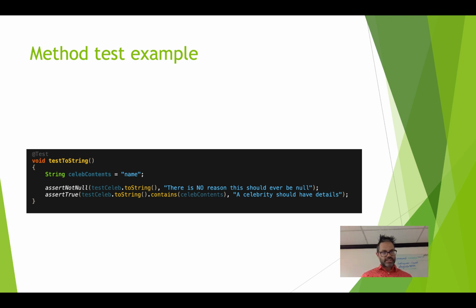And then assert true, test celeb.toString.contains, or .indexOf, or any other way we're going to verify that's true, and then passing that celeb contents, that string we just defined right there, with null. And a celebrity should have details. Again, explaining what we should be seeing inside that, and you should make that as explicit or as implicit as possible